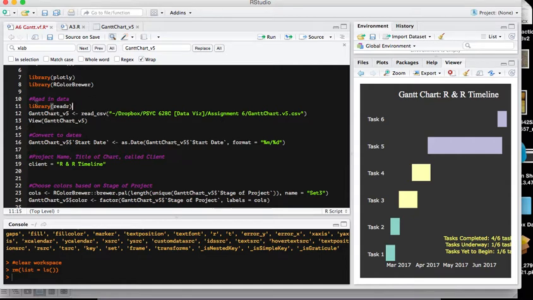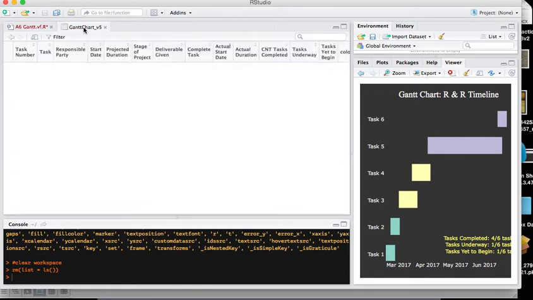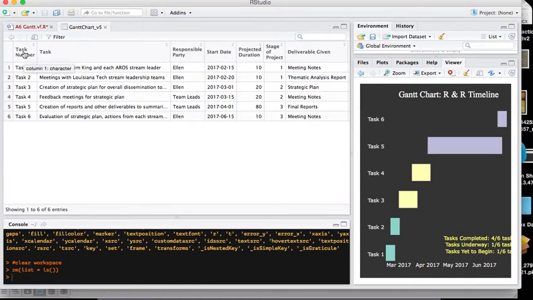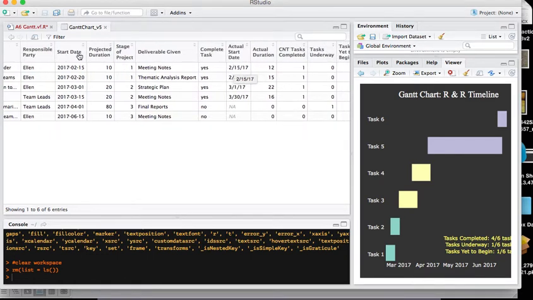So I'll go ahead and read in my data. Here, it's this Gantt chart version 5. It looks like this, just so you have some idea. We'll talk through this. I have each task numbered for simplicity for my chart, then I have the tasks themselves, who's responsible for them, what the start date is, or is anticipated, the projected duration, how many hours we're going to spend on it, as well as the stage of the project, first stage, second stage, and third stage,